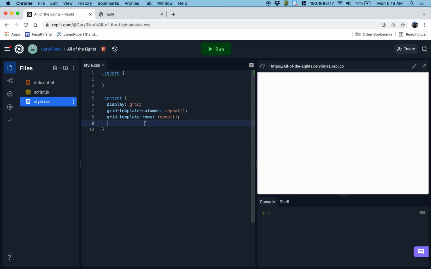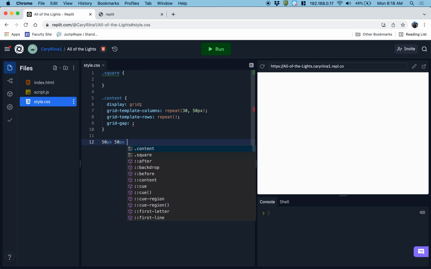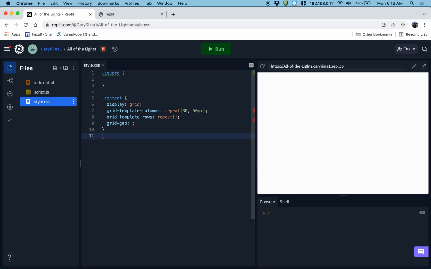And also I'm going to set up a grid gap. Now that I've got everything ready to plug in the numbers, I'm going to leave the repeat thing here because I don't want to type out 30 columns and 30 rows by putting 10 pixels, 10 pixels, 10 pixels like last time. Instead we can say repeat 30 times, and each column will be 50 pixels wide. That would be the same as having 50 pixels, 50 pixels, 50 pixels 30 times, but I don't want to type all of that out, so we'll use the shorthand. And also we're going to have 30 rows,